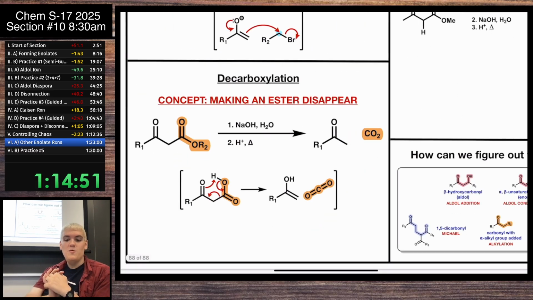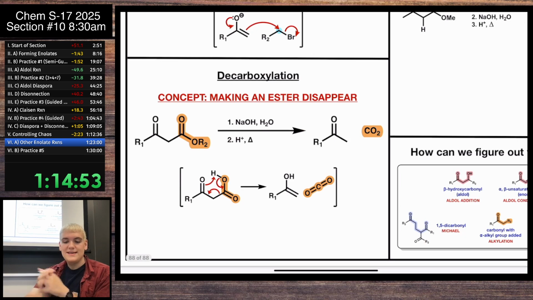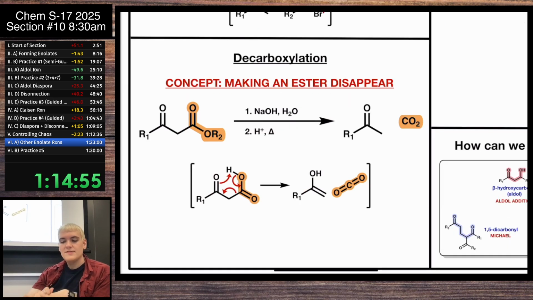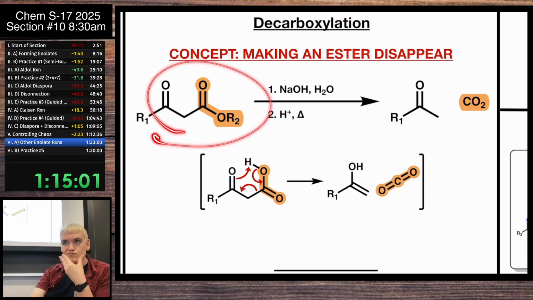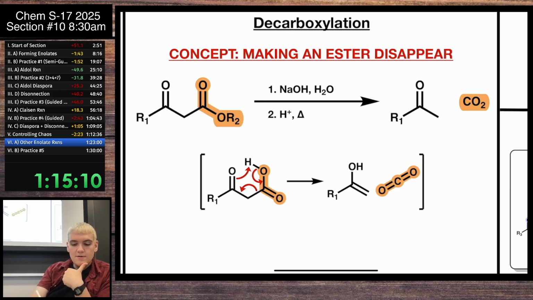Last one, I think, is one of the cool ones, is decarboxylation. So with decarboxylation, you start off with a beta dicarbonyl. So this could be the product of what reaction? Beta dicarbonyl. The Claisen. Good. So we could do a Claisen reaction, and then we could do this, where we could do